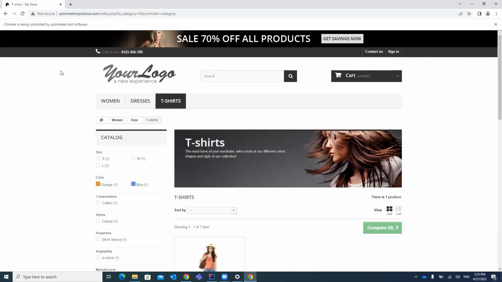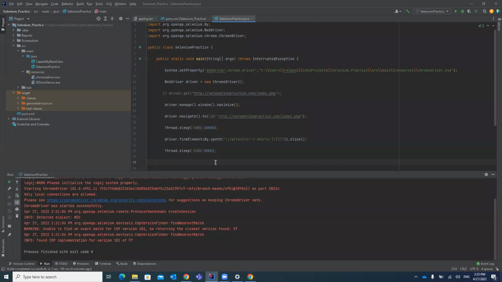Now you can see we have navigated two pages. One is the home page and one is the t-shirt page. Now we have to navigate to the back page, right? So we have to click on the back navigation of the Chrome browser. The same way, you can achieve it in your Selenium WebDriver. So you have to write